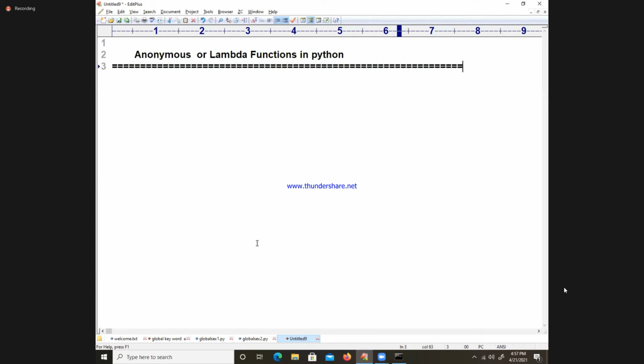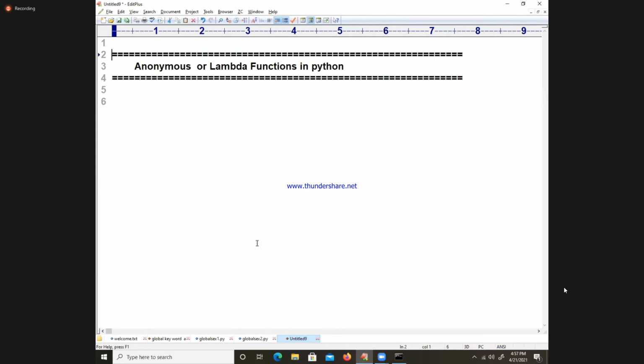Take any student and ask this question, what is an anonymous function? Simply no answer. Why? Ask what is the definition of a function, or how many approaches are there to define a function, and then people will come across. Now they start asking, sir, what is this anonymous function?